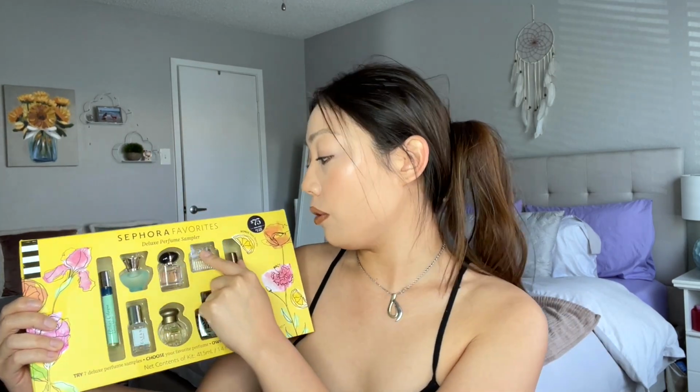I got the deluxe perfume sampler. I think they curated this for Mother's Day. What's great about this is that you get 7 different small sizes to try, like deluxe sample sizes. Then you choose your favorite perfume, and you get to bring in that voucher to Sephora and claim one of these products at full size, which I think is awesome because this is literally $75, which may seem crazy,